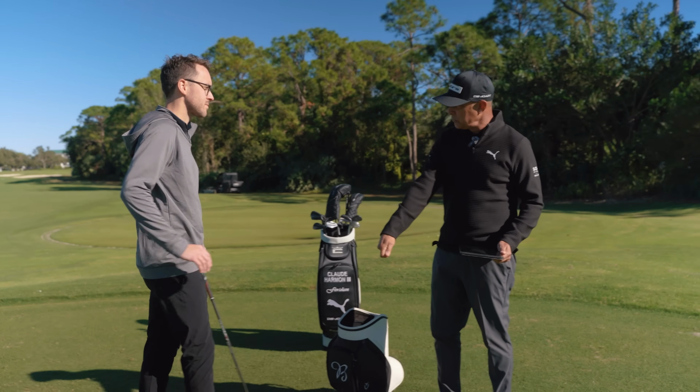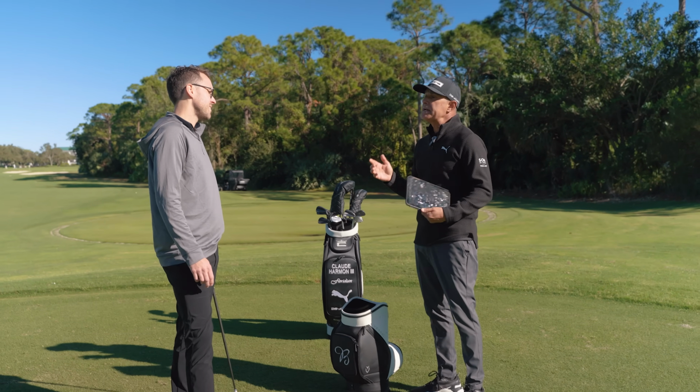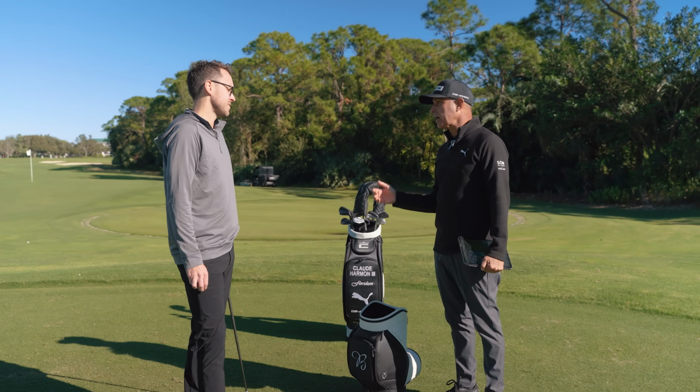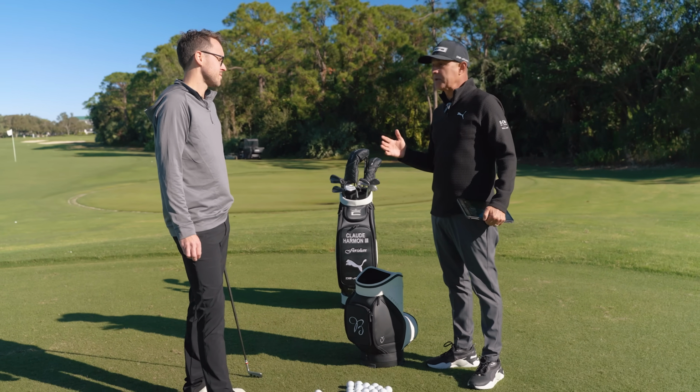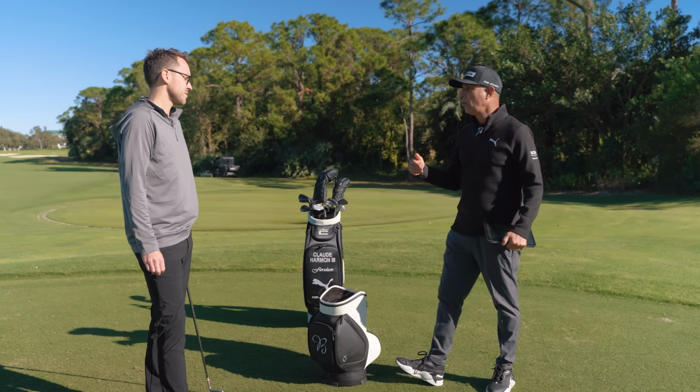There's not a lot of twisting of the face. And I think that's really important as well. So when you're getting your yardages, you're looking at what the good shots are, and then you're looking at, okay, that one wasn't as solid, so that when you go out on the golf course, it should help you